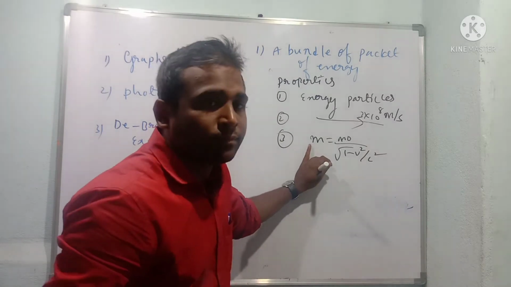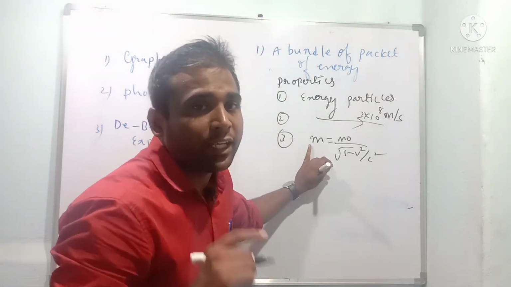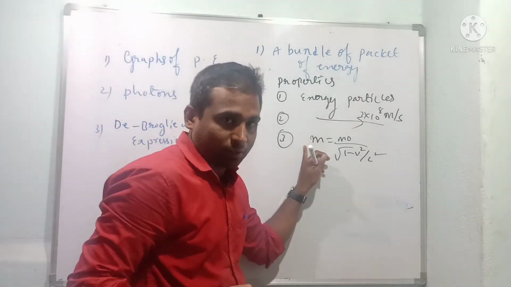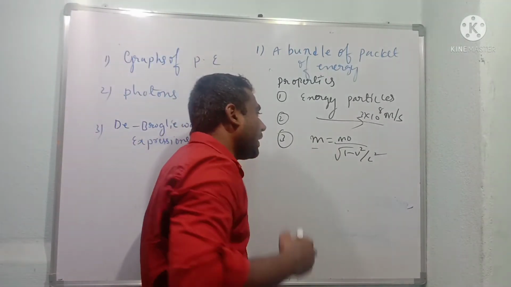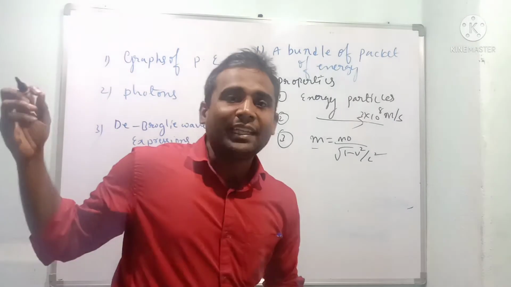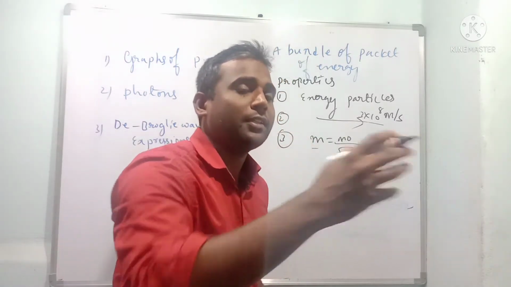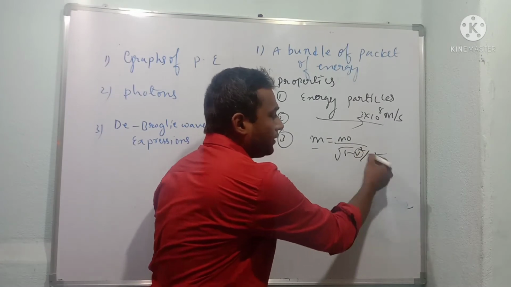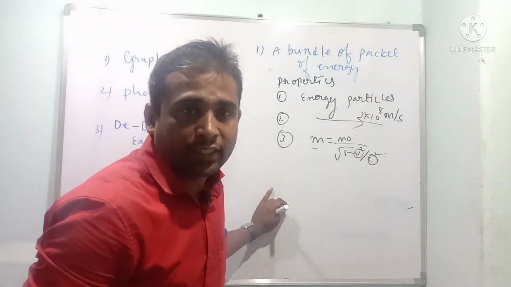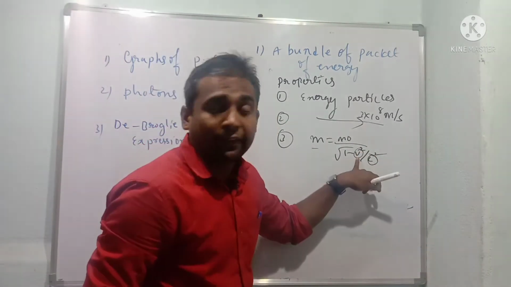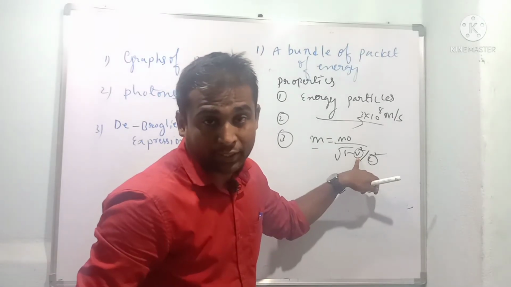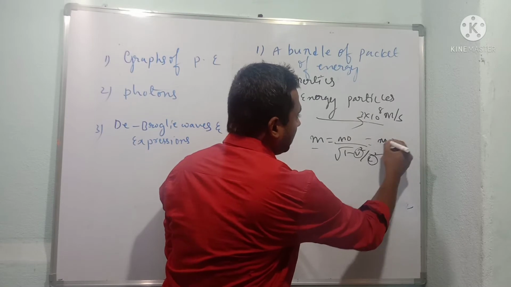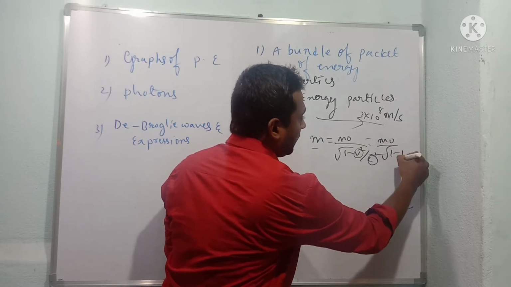This is nothing but what we use in the theory of relativity, which was explained by Einstein. This is relativistic mass. So what is the meaning of relativistic mass? When the particles are moving with the speed of light, then we should use this formula. The speed of light is 3 into 10 to the power of 8 meter per second, and the speed of the particle is also 3 into 10 to the power of 8 meter per second. So both are equal, and then 1 divided by the same quantity is 1.